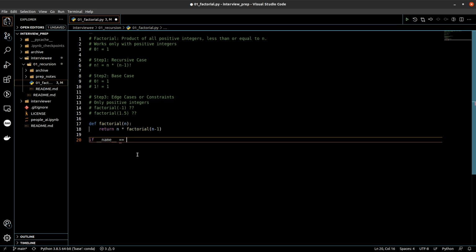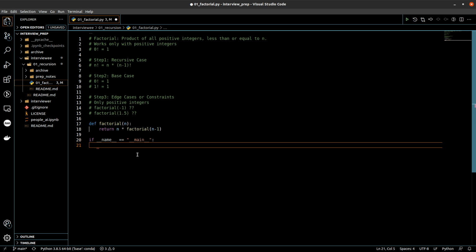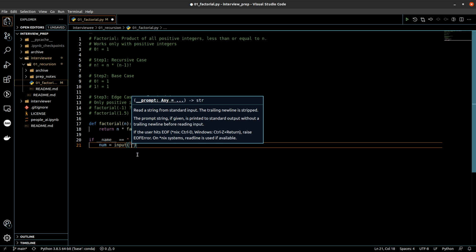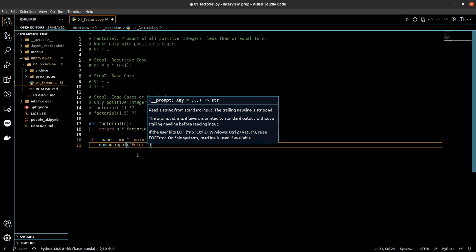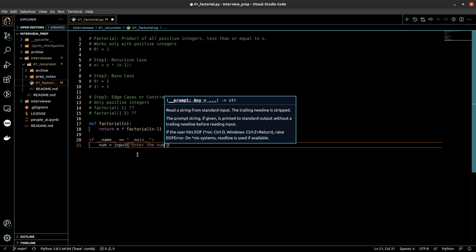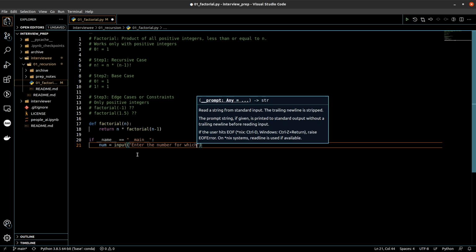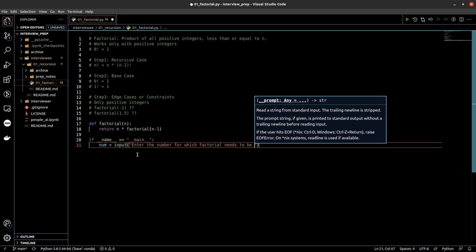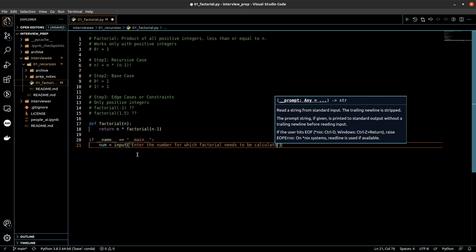If name is equal to main, let's say I'll take the number input from the user. So input, enter the number for which factorial needs to be calculated.